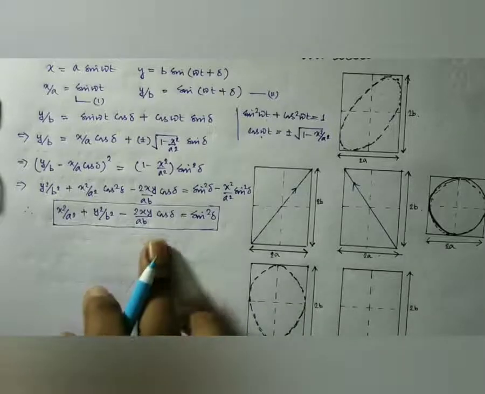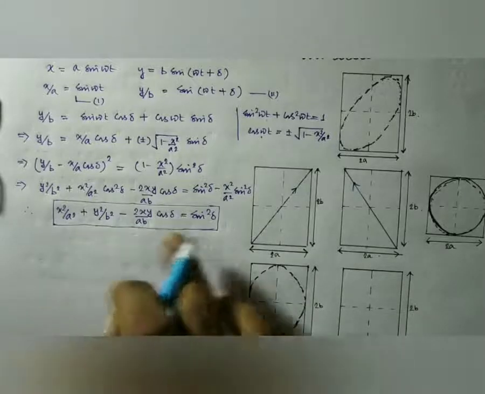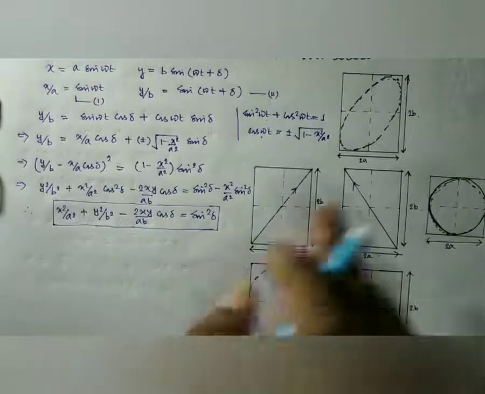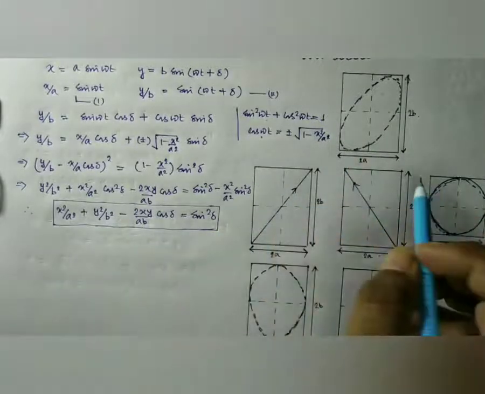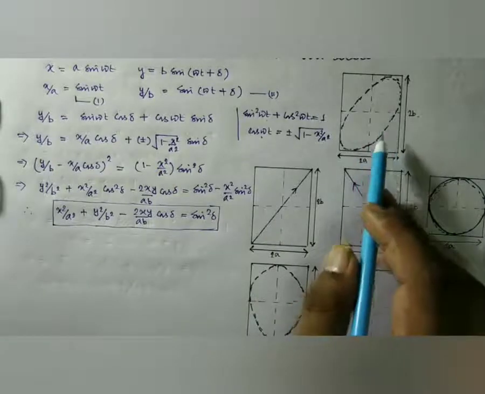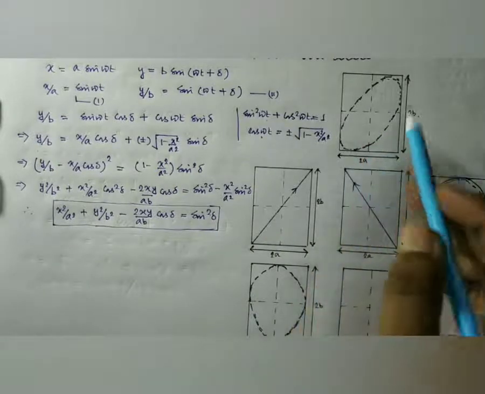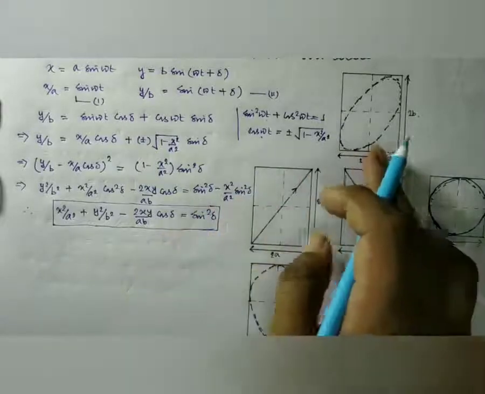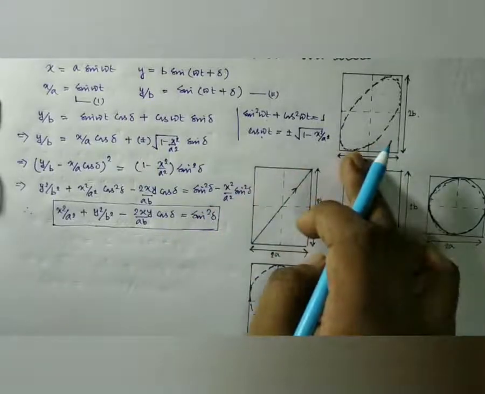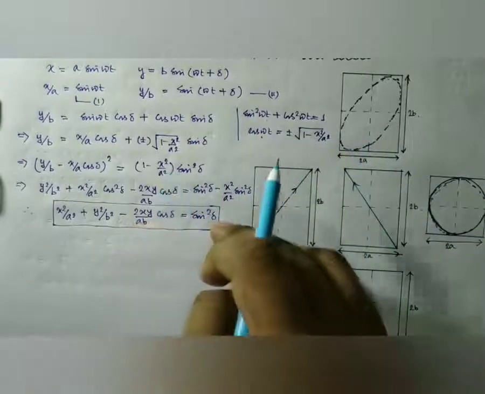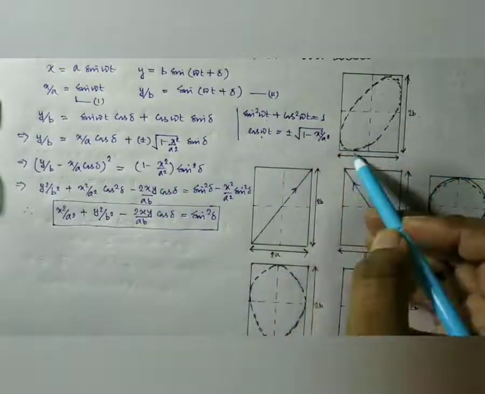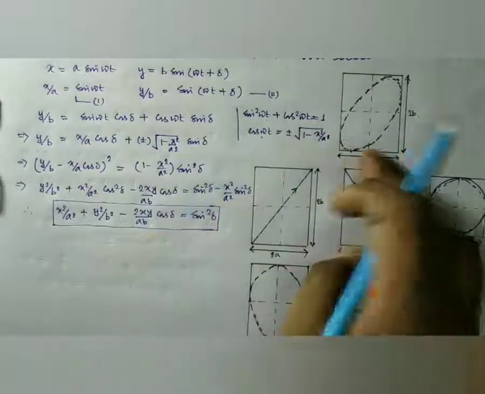It is an equation of an ellipse, inclined to the 2D coordinate axes, with 2a and 2b as the sides. It is drawn here. This represents the equation of an ellipse inclined to the axes of the coordinates and contained within a rectangle of sides